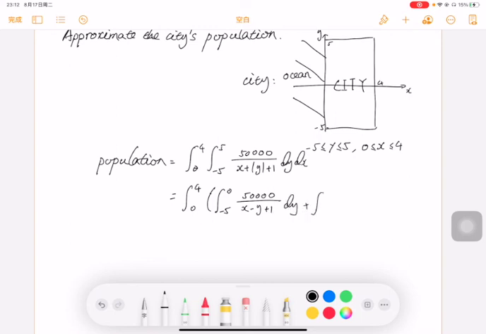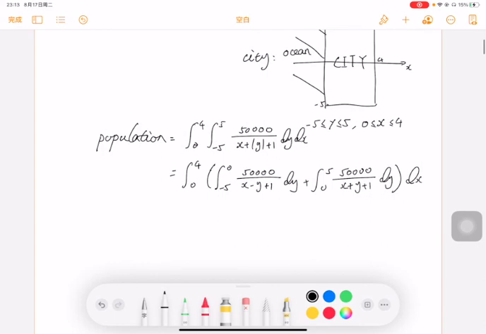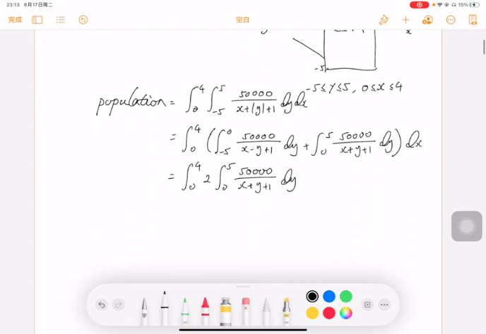And plus the integral from 0 to 5 of 50,000 divided by x plus y plus 1 dy dx. And this is actually the integral from 0 to 4 of 2 times the integral from 0 to 5 of 50,000 over x plus y plus 1 dy dx. Because